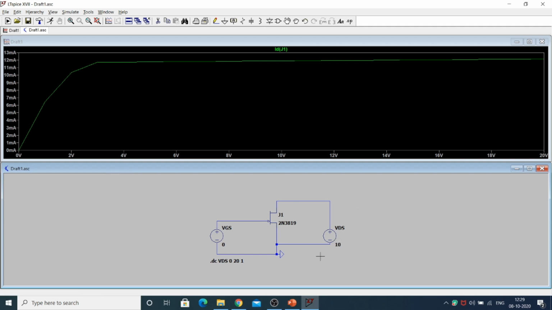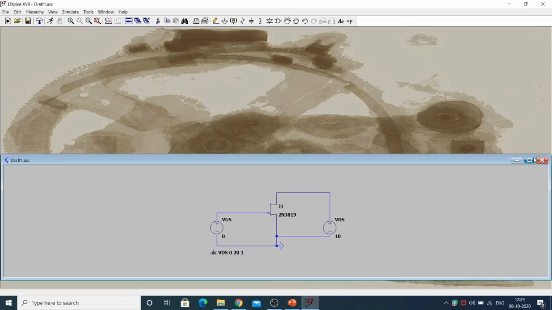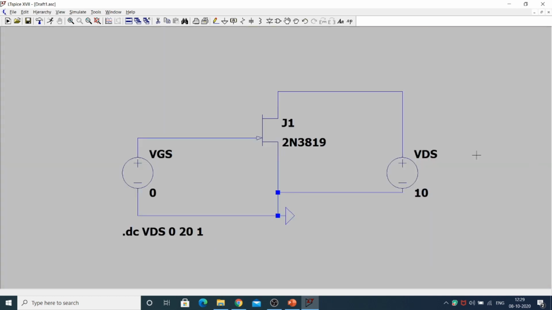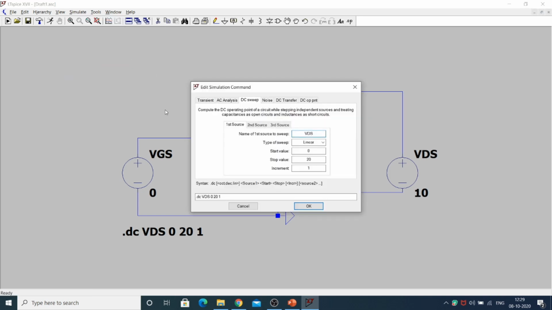Now you want to check different levels of VGS. What will you be doing? Close it, maximize it. Now I will check simulation, edit command. I will keep VDS equal to 0 to 20 in steps of 0.1.